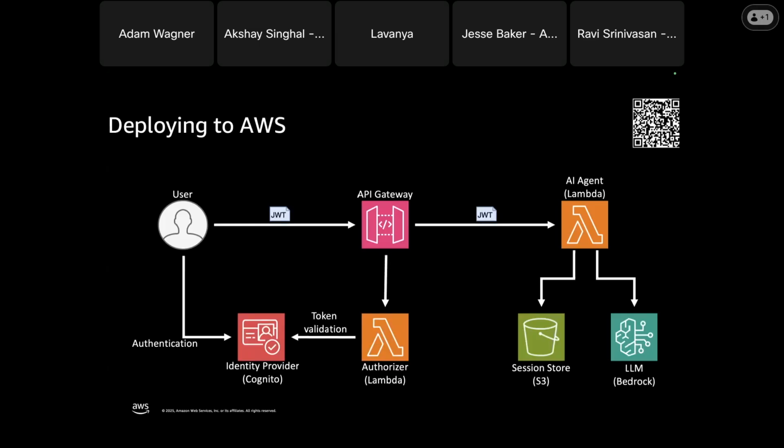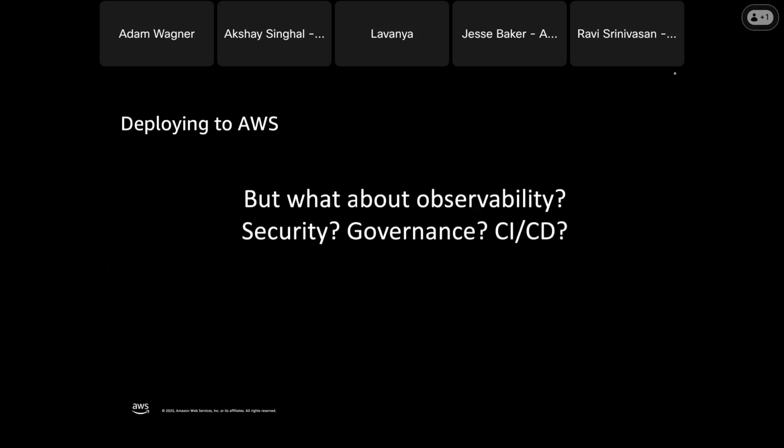That's a pretty complete app, but there are still other pieces around security, governance, CI/CD to pull in here. And that's where the power of AWS really comes in. And again, at the end of the day, these agentic applications are still software applications.